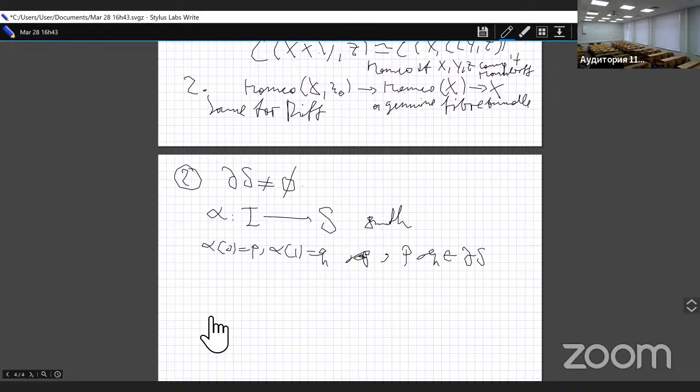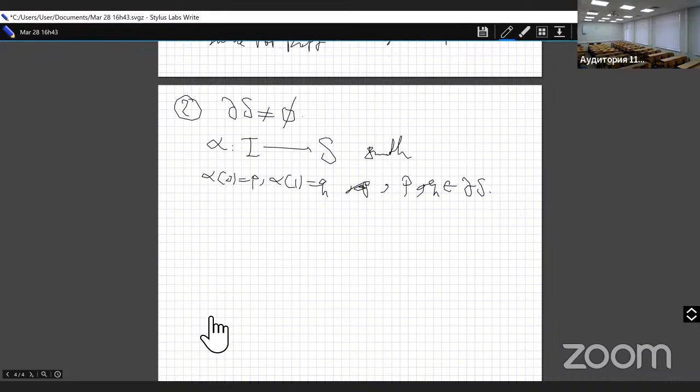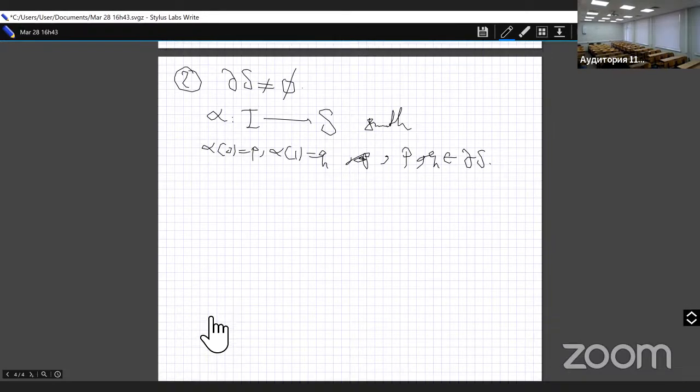Maybe they're in the boundary, not necessarily in only one component. P and Q are both elements of the boundary, which may or may not be the same boundary component. Yes, it can be different. Assume this space, A S alpha, consists of paths